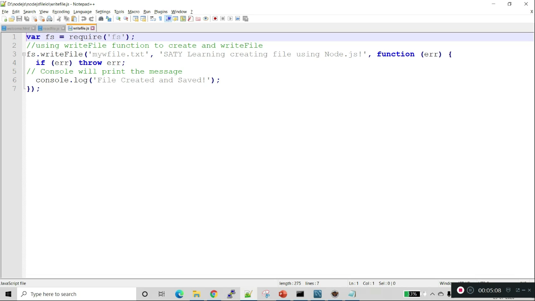I declared a variable fs, so I require fs and I'm calling writeFile, and I'm passing the file name myfile.txt, and the text which needs to be entered into the text file, and if there is any error, I'm throwing that error. In the end, I'm just printing the log: file created and saved.